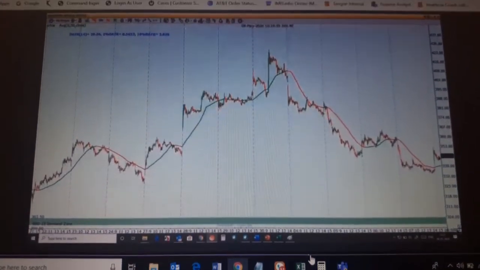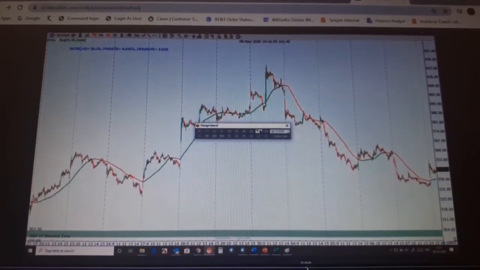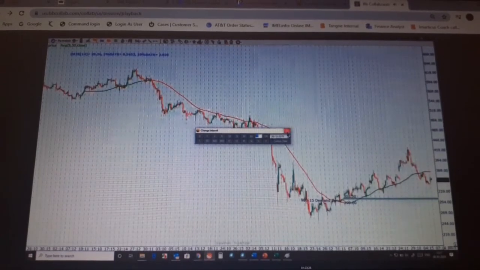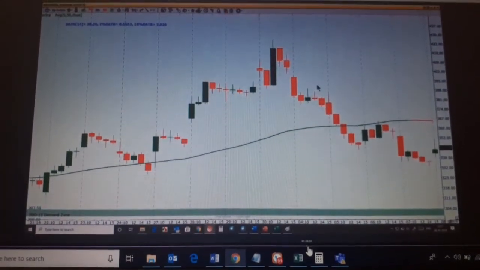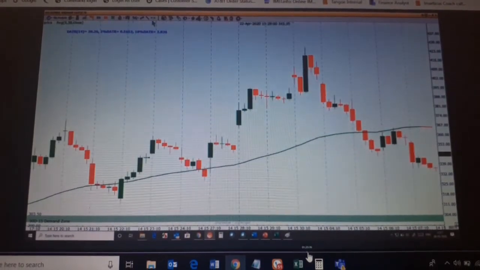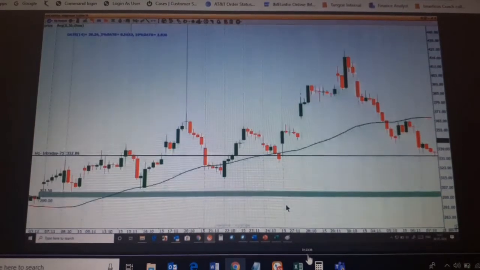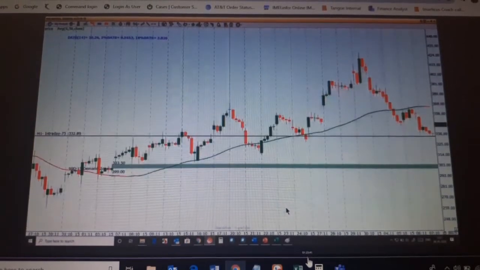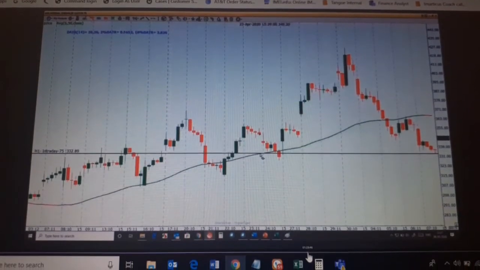So let's first go to the 75-minute chart and mark our curve first. Whatever we have learned today, we'll apply that. I will just go here and hide today's candle over here. I need a demand zone which is fresh. Okay, let's go here and mark this as my curve now.